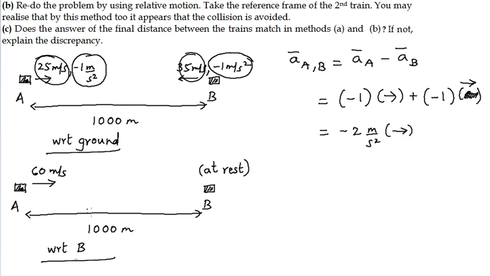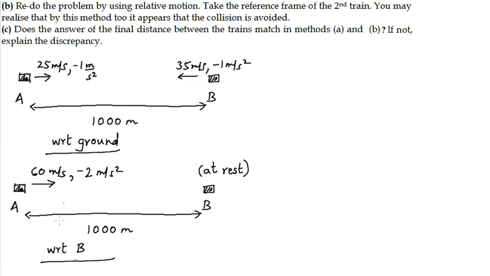Now I can return to my diagram, wherein I can write the acceleration of A as measured in B's frame as minus 2 meters per second square in the rightward direction. As mentioned in the question, we have to attempt to solve the problem in B's reference frame, and so we will now concentrate on the lower diagram. B in this reference frame is always at rest, and since in this reference frame A has an initial velocity of 60 meters per second rightward and an acceleration of minus 2 meters per second square rightward,